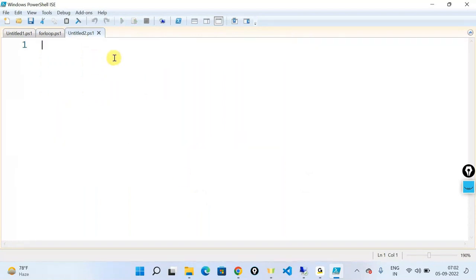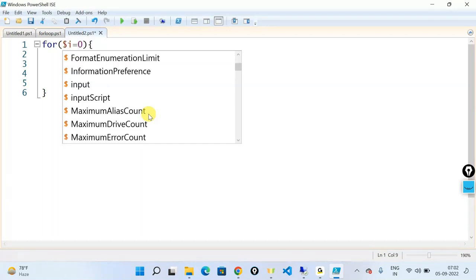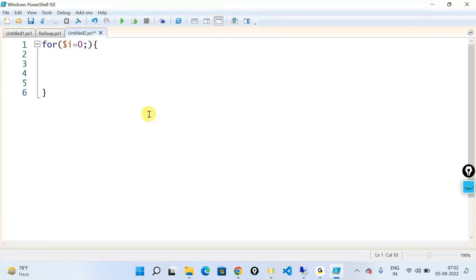let's write a simple for loop out here. So you can do a for condition, and the syntax follows in such a way that after for, you need to put open and close parenthesis, and then open and close curly brackets out here. And in the parenthesis, you'll need to give your condition. For example, the condition starts with something like this. You can say $i = 0, meaning you're starting the value of i with an initial value called 0. And you're now telling your loop that until this particular value i,